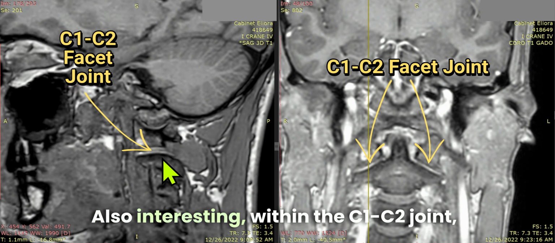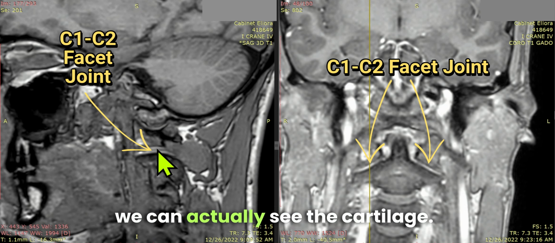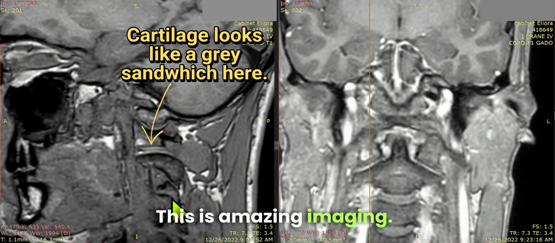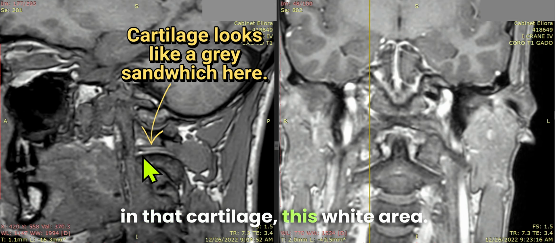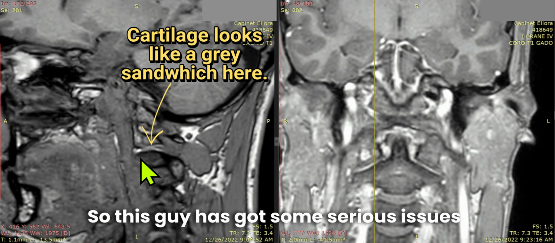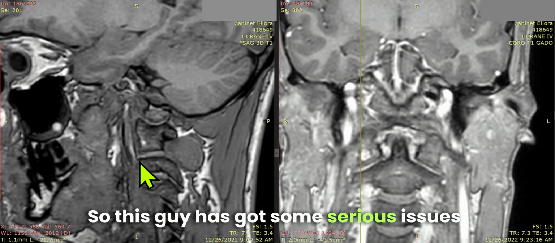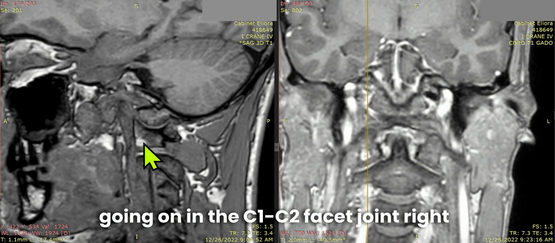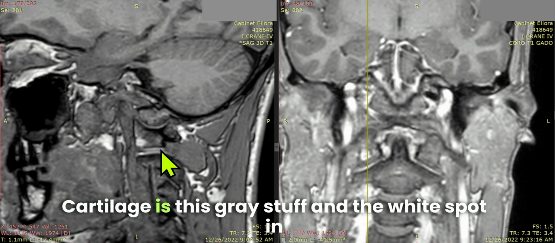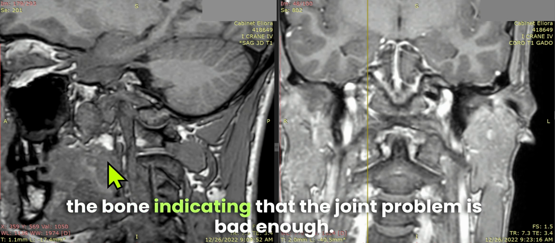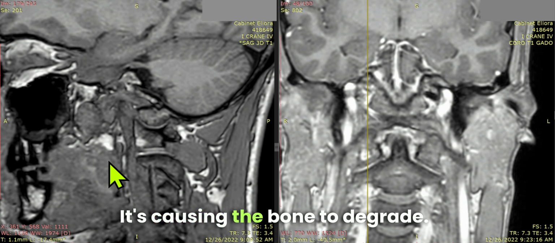Also interesting, within the C1-C2 joint, we can actually see the cartilage. This is amazing imaging. These are very, very thin sub-millimeter slices. And we can see a break in that cartilage, this white area. So this guy has got some serious issues going on in the C1-C2 facet joint right here. The break in the cartilage. Cartilage is this gray stuff. And the white spot in the bone indicates that the joint problem is bad enough that it's causing the bone to